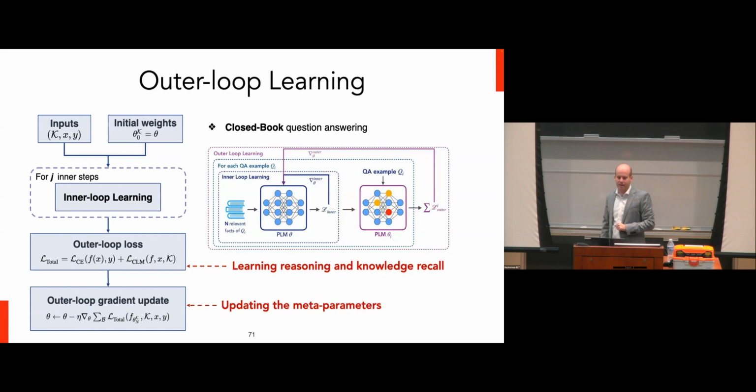And the second is that we are going to train the model to recall the facts that it has used in order to be able to answer that question. So that way, if I give a bunch of facts, many of which are irrelevant to actually answering the question, it has to tell me which facts it actually used to be able to answer this question. And we're going to compute gradients for these losses with respect to the original parameters of the system. And that way, we're going to be able to learn some initialization of the parameters such that it can rapidly learn from receiving sequences of text that represent facts, and then use those facts when we ask it to answer questions later on.